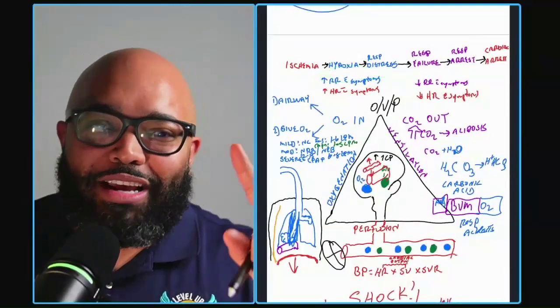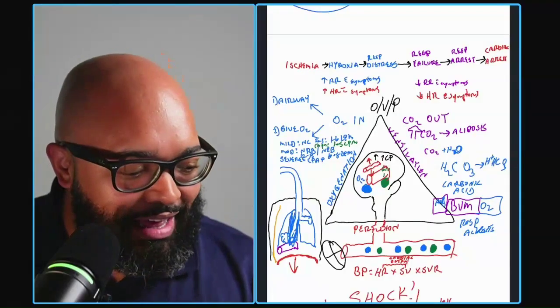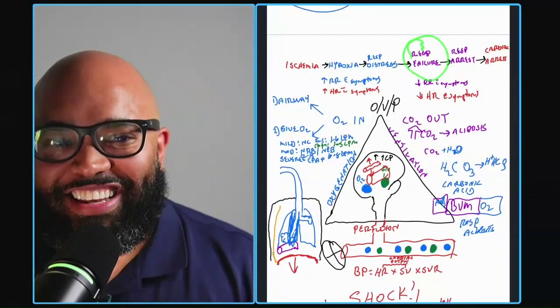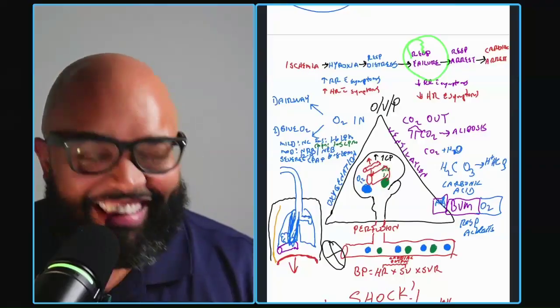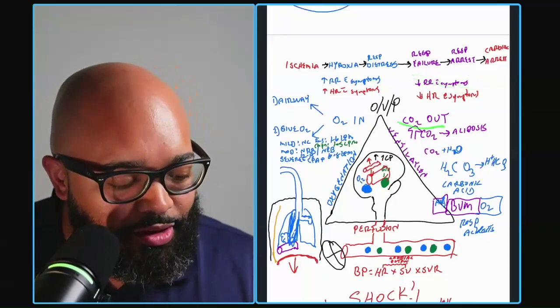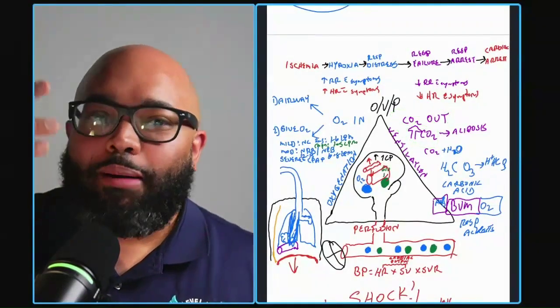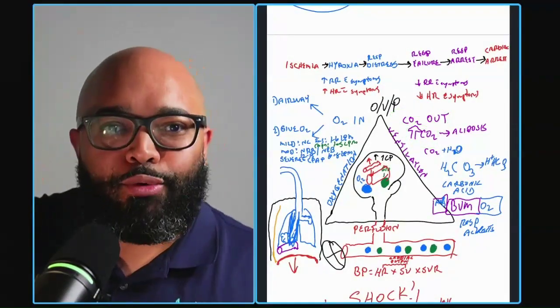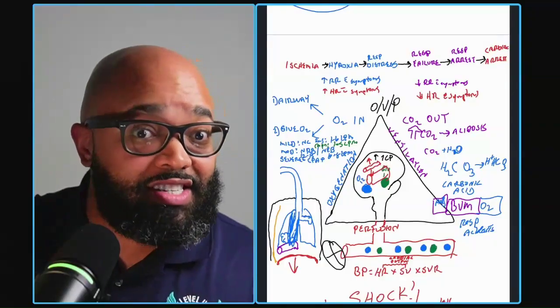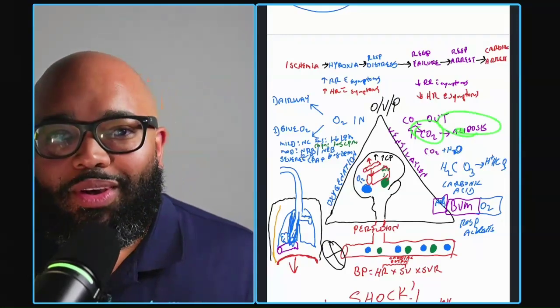Now, what happens if the respiratory rate just continues, and then the body says, whoa, I can't do this anymore, and I start getting tired? What happens to the respiratory rate? It starts to fall. Now I'm going to have decreased respiratory rate with symptoms. When I have decreased respiratory rate with symptoms, what's going to happen to my CO2? It's going to rise. If I were to put capnography on, I'm probably going to see an end-tidal CO2 greater than 45, 50, 55, 60.